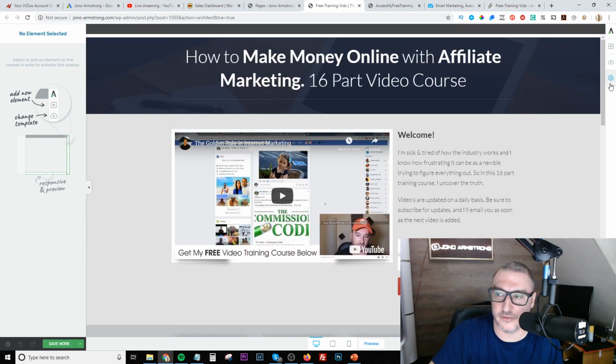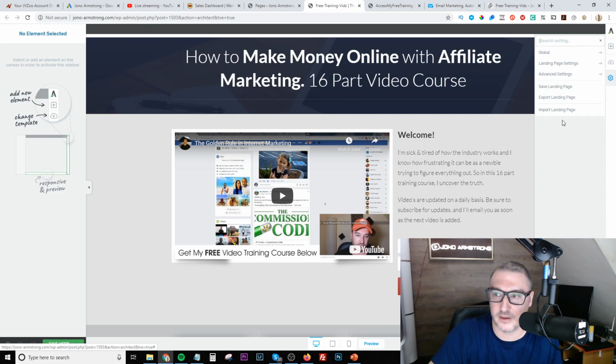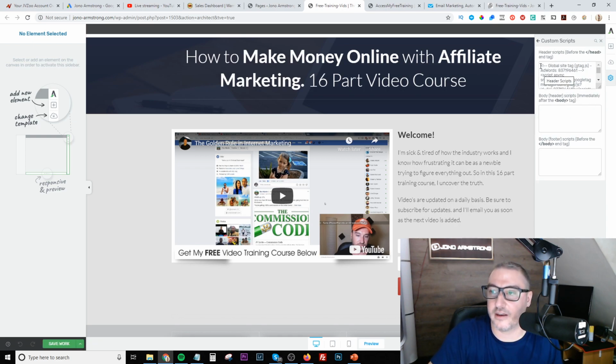Similar to what we did before, you're going to click on the Settings tab. You're going to go to Advanced Settings, and then click on Custom Scripts. And you're going to paste it in here. Okay, you're going to paste that tag in there. I've already got a tag in there, so I'm not going to put this one in, but let's just say that it's this one. So you're going to paste that tag in there, and then go back to AdWords, and